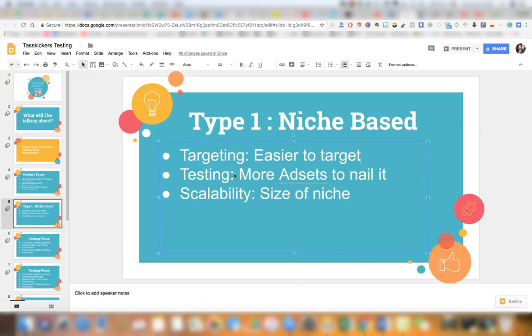When you are testing these kinds of products, you need to add more ad sets because there are a lot of pages and you need to cover them. So if you think that the product you found is really good, why not give it more of a chance by adding more ad sets? I'll show you next how many, but this is just in general talking about